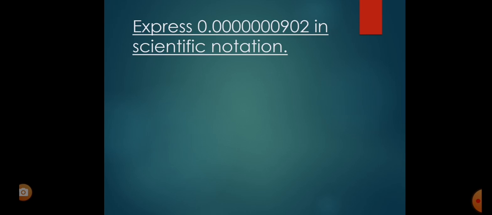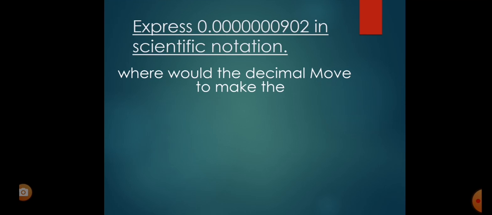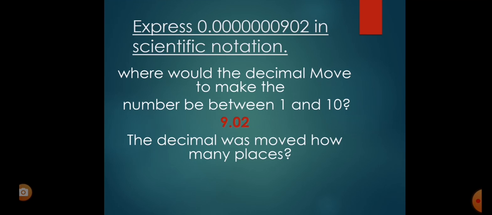Express 0.00000000902 in scientific notation. There are a total of 7 zeros before 9. Convert this number in scientific notation. First of all, you have to move the decimal point after the first non-zero digit. The first non-zero digit is the 9. So it becomes 9.02, and the exponent power of 10 becomes